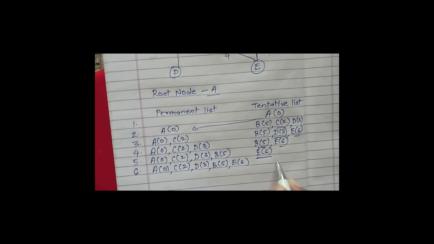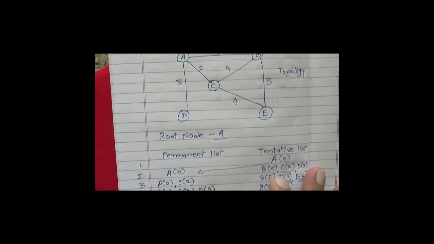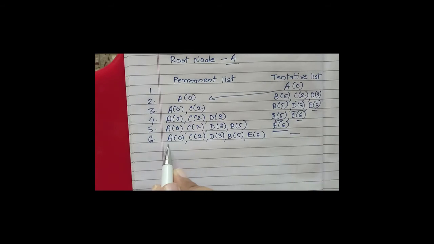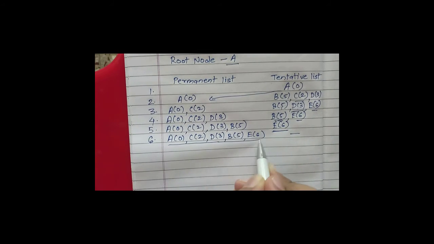So in this way my tentative list becomes empty. This process we have to repeat till the tentative list becomes empty. And after the tentative list becomes empty, we will have the routing table from this step number 6